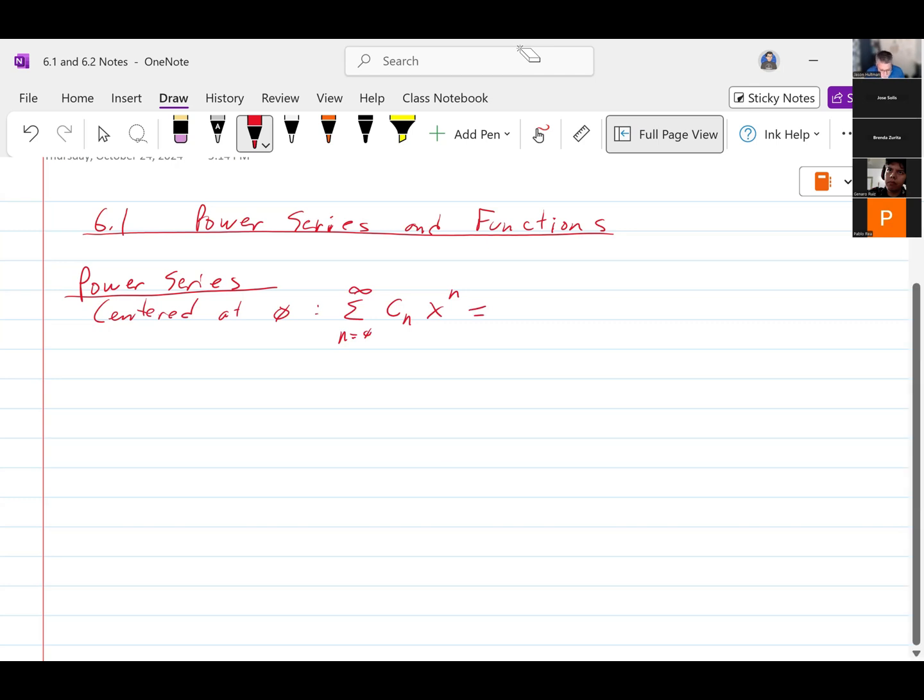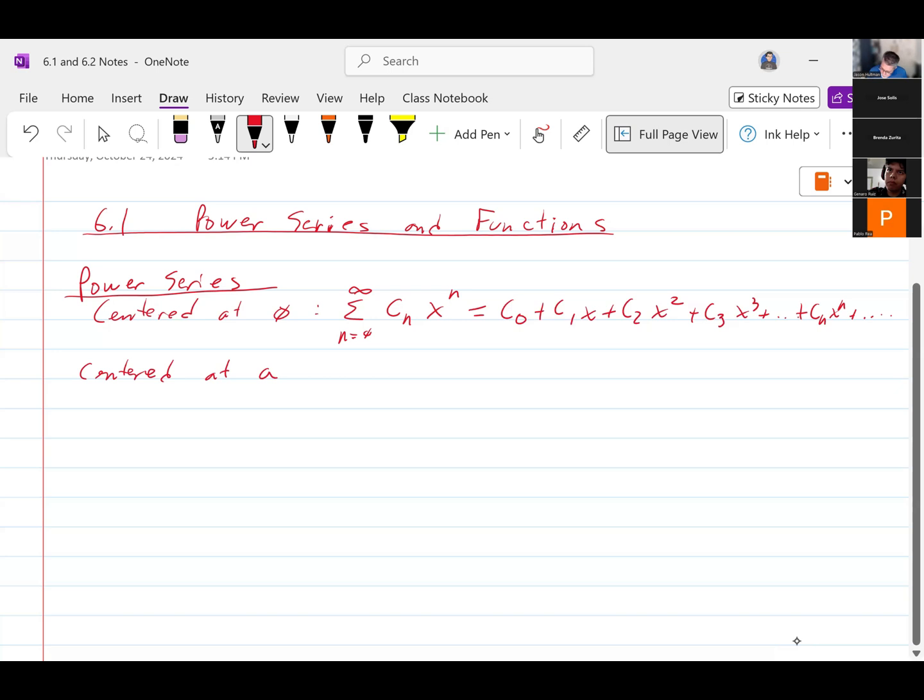And so this is equal to c sub 0 plus c1 x plus c2 x squared, plus c3 x cubed plus dot dot dot plus cn x to the n plus dot dot dot. So I put in the nth term there. But it doesn't stop at n, it goes on to infinity. If it's centered